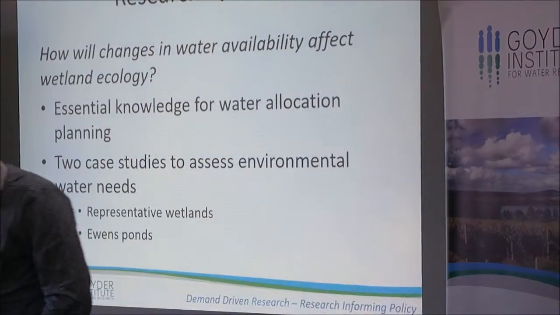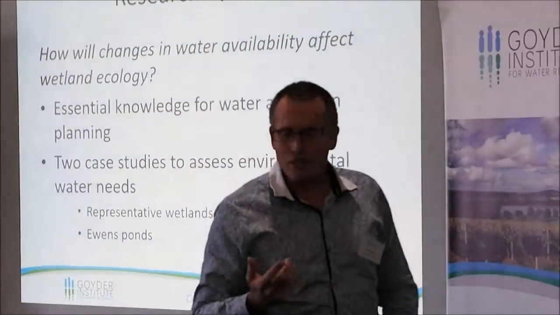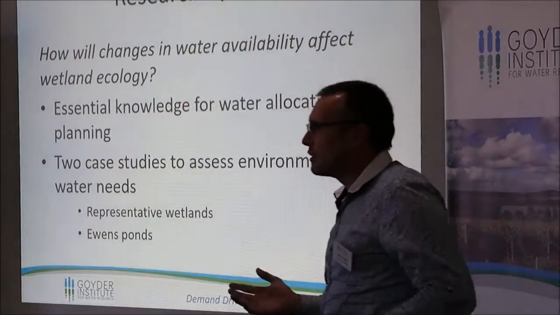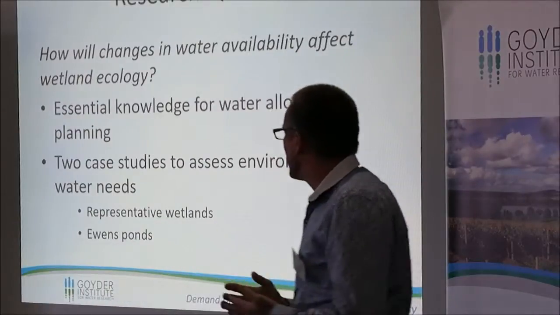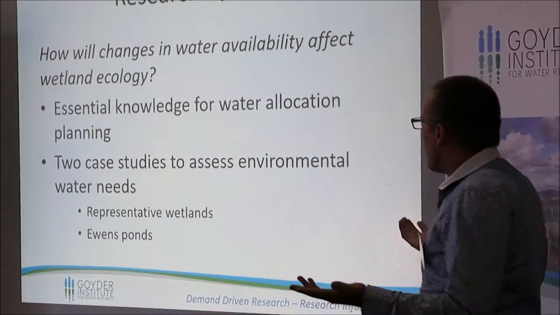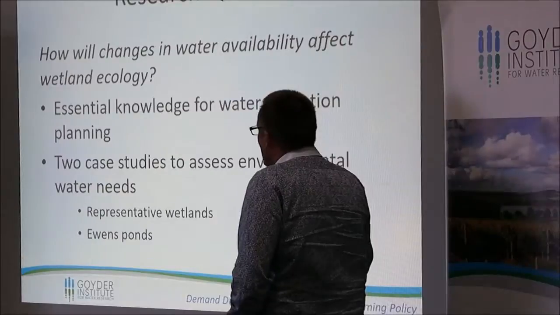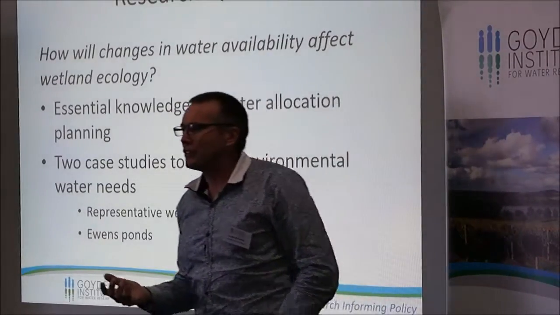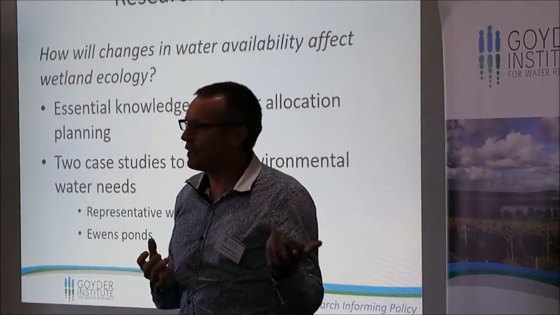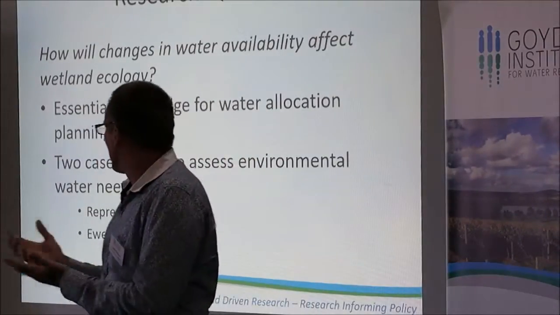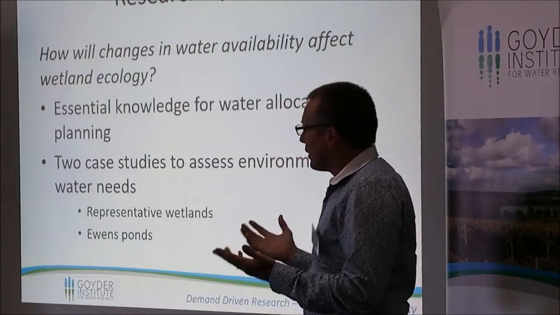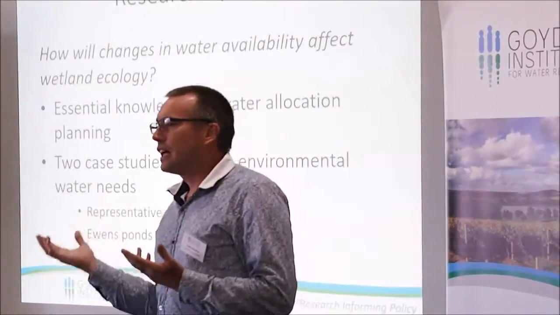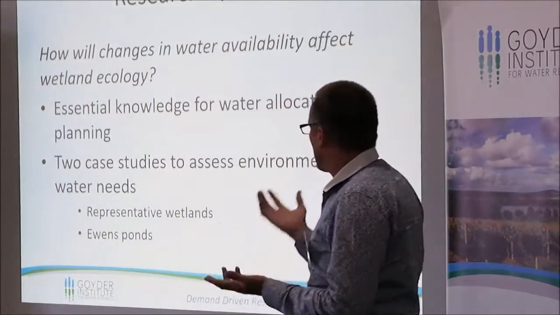So then we can start to ask the research questions. How will these changes affect water availability for wetlands? Given what we know, given the way we've drained it, given the way we've changed the land use, what are we going to be faced with in the future? And then what is the essential knowledge we need for water allocation? We've got all these different water users. We've got the industry, we've got forests, we've got landholders. Everyone's extracting water, and we're trying to balance their demands or their needs and trading off that with what the